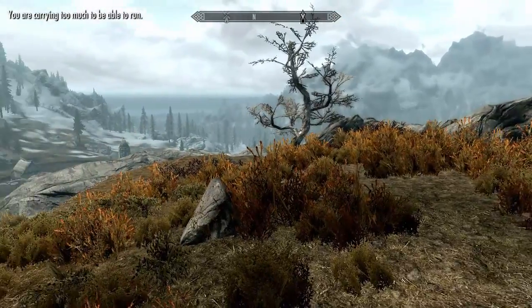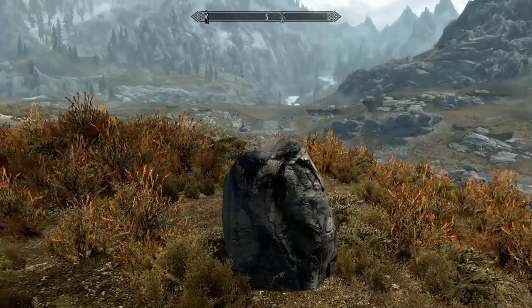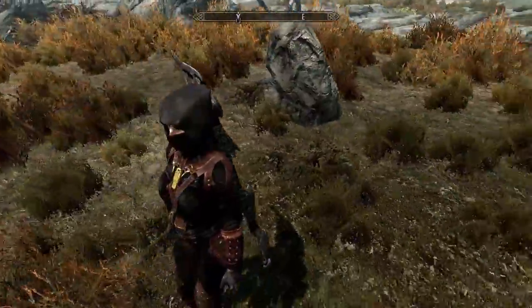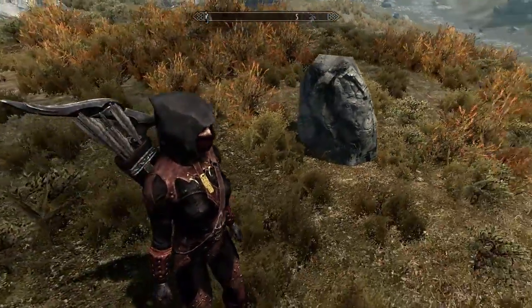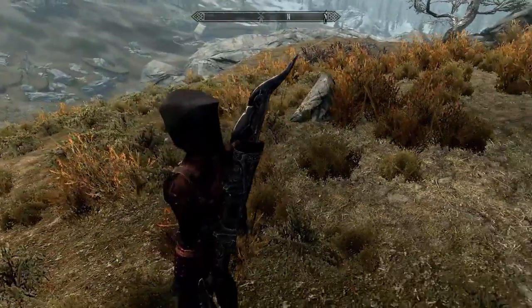This rock is pointing north. This rock is pointing west. And this final rock is pointing south. And back to the rock that is pointing east. How very, very curious that is. It's an ancient compass. Whether this was placed here by giants or some of the first men, the ancient Nords,